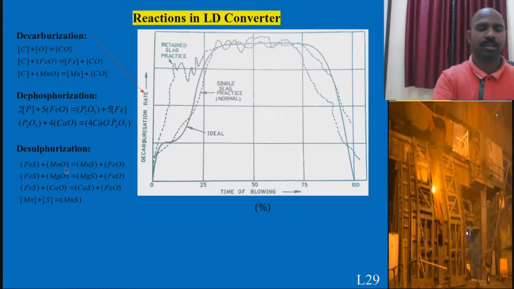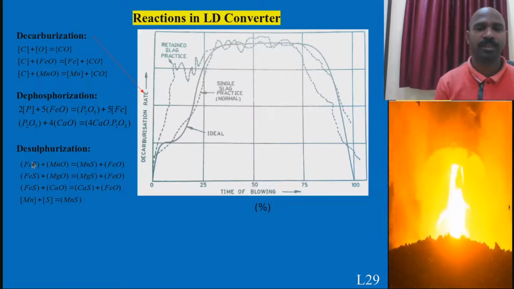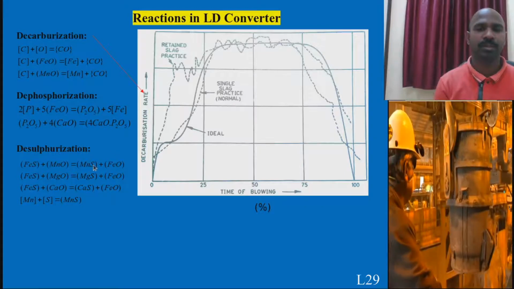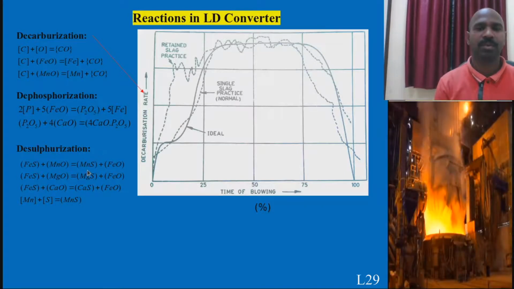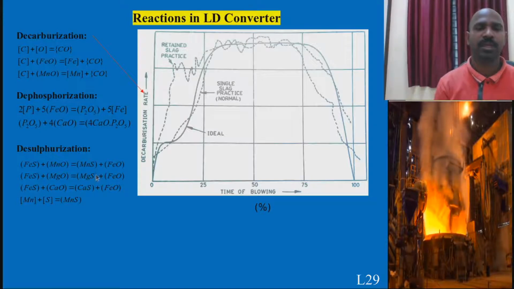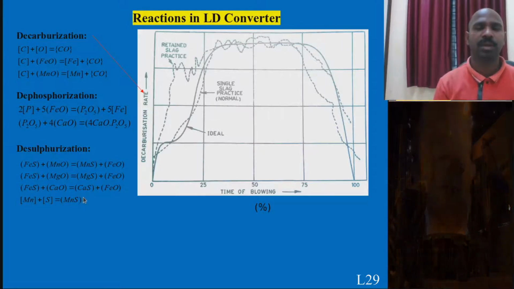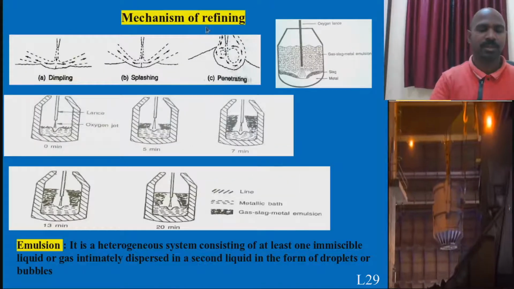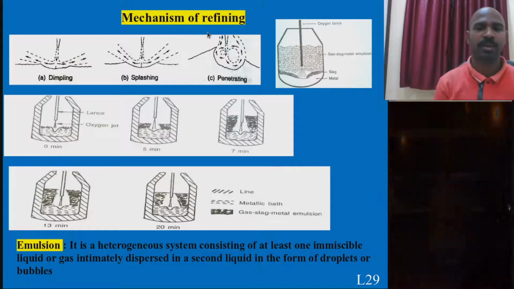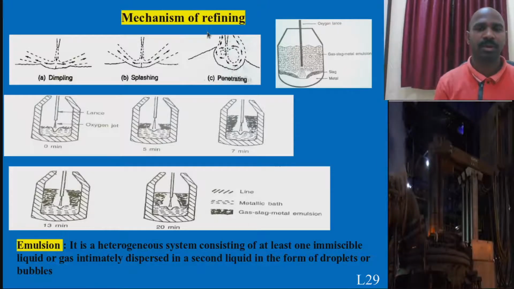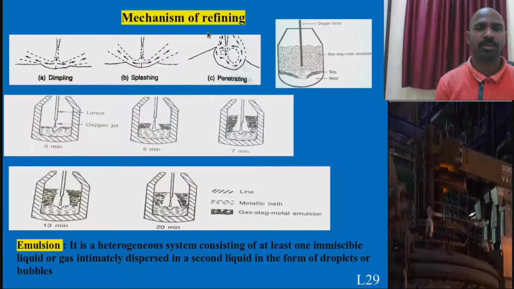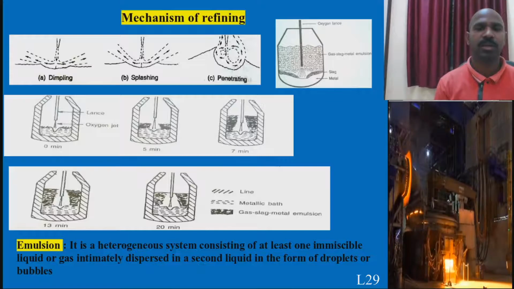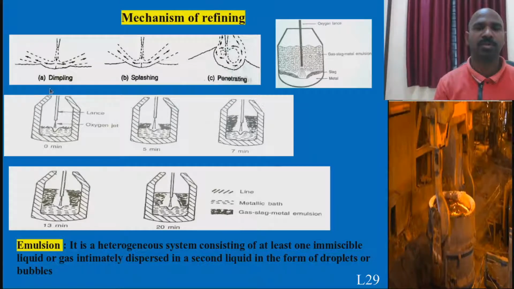Desulfurization: MnO is in the liquid pig iron, and FeS is also there in the liquid pig iron. It reacts and MnS forms. Sulfur is reduced. How is sulfur reduced? With the formation of MnS, magnesium with calcium, or a combination of these, sulfur is reduced to a very low percentage. Coming to understand what refining is, the steelmaking process is nothing but oxidation or refining of the few impurities left at the liquid pig iron conversion stage into steel.